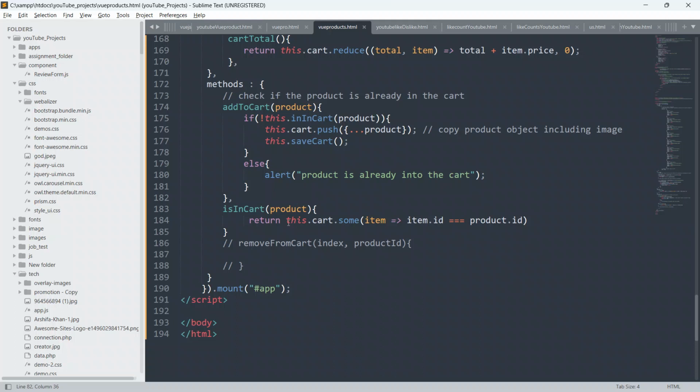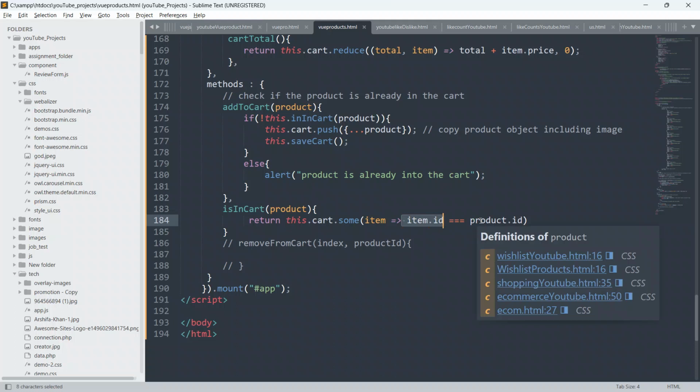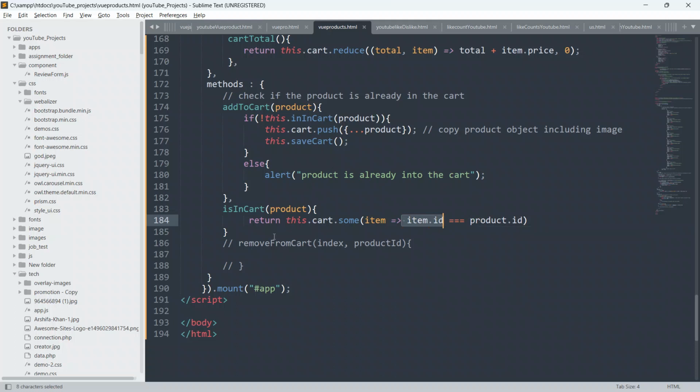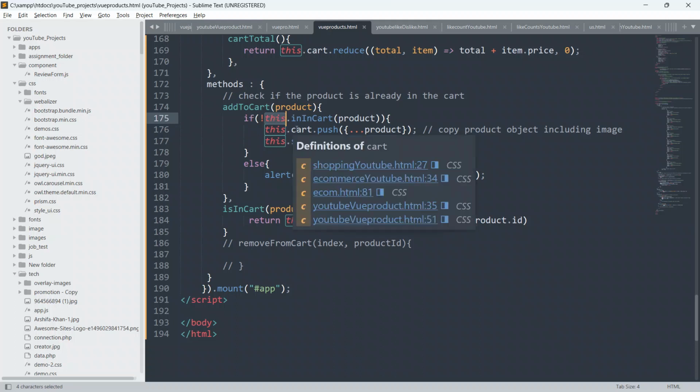If any element fails the test, it will return undefined. So if this id equals this product dot id that is already inside the cart, it will return true, and it will say it is already in the cart, so don't add it. If it returns undefined, it means it is not in the cart, so just add it.